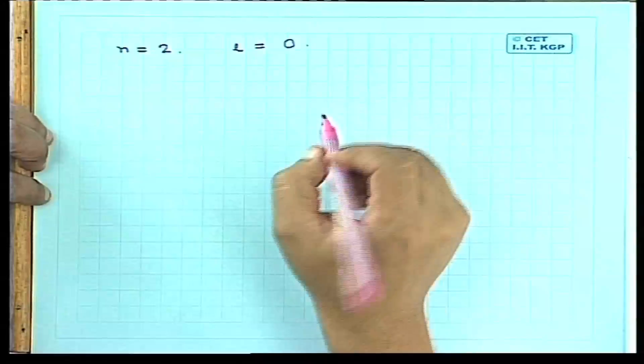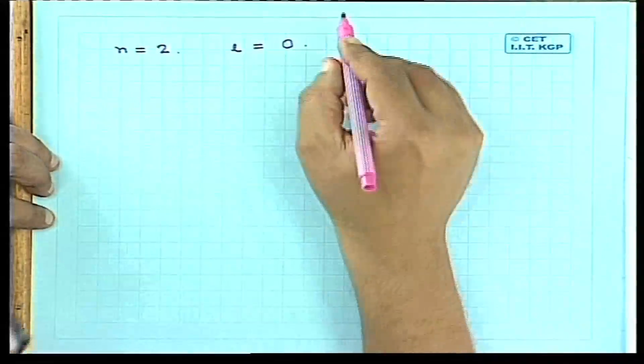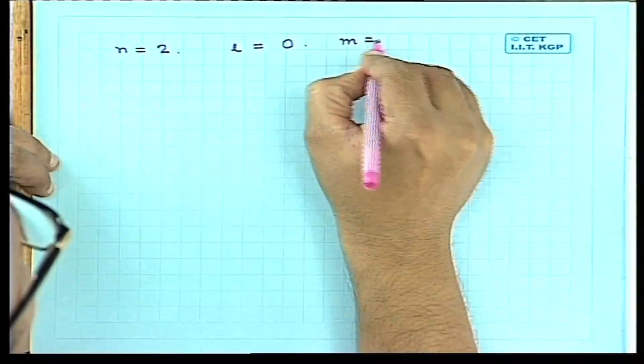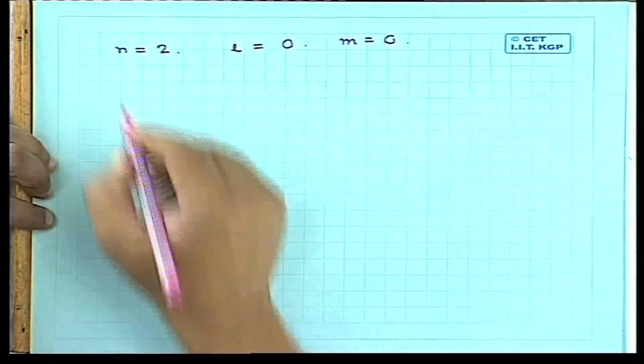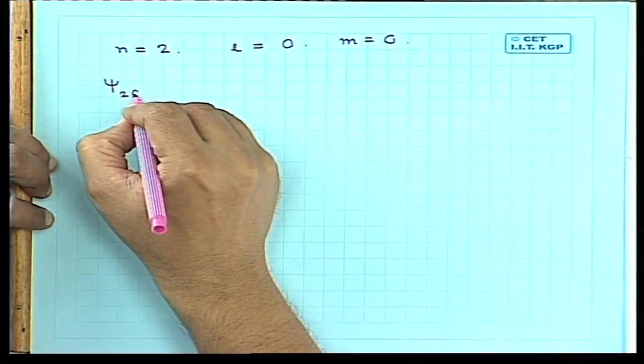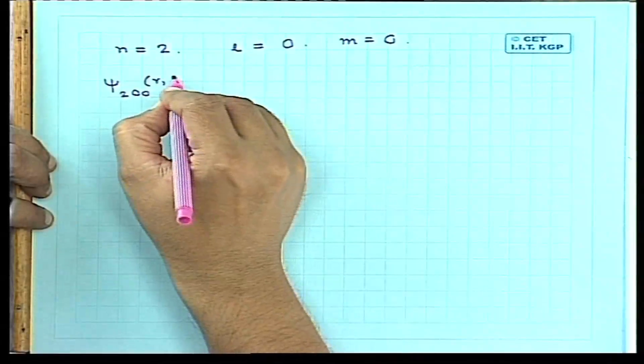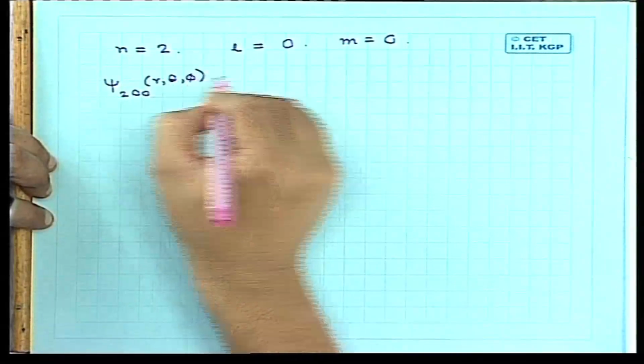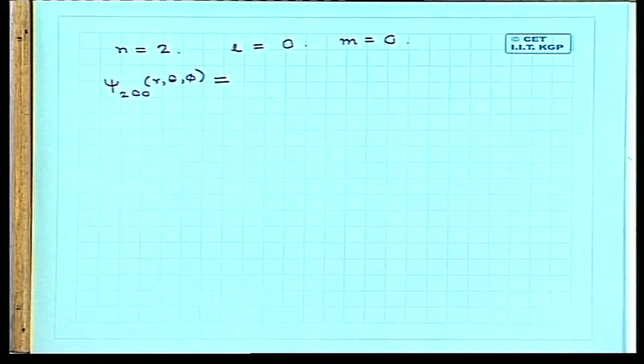So if L is equal to 0, there is only one value of m, which is m equal to 0. So let us work out this. Psi 2, 0, 0 of r, theta, phi is equal to